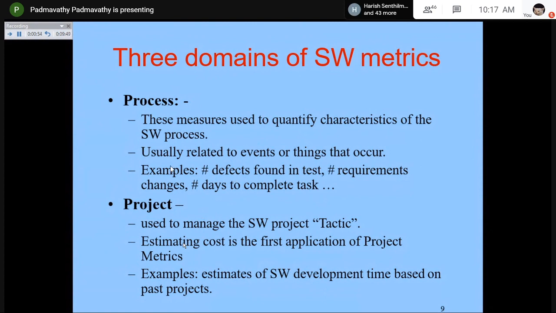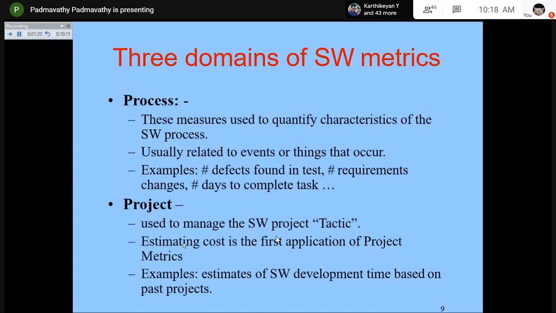Measurements on the product are lines of code, number of objects, number of files, number of folders, database storage space. All these are quantitative measures for the product. When it comes to process, it is the change in time, and the number of times the requirements were changed during the gathering stage. All these become process measures.